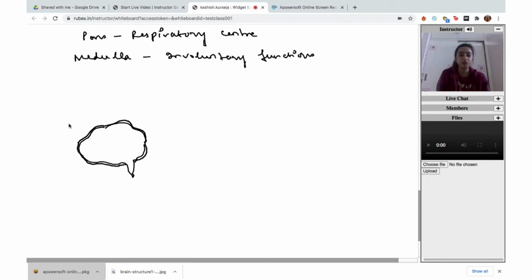And just for your reference, I'm going to draw it in the form of a box, this layer. Although it doesn't look like a box, because clearly ऐसा तो नहीं है कि we have a box over our head. But I'm drawing this only for the purpose of understanding. Okay, so this is kind of like a double layered protection. Let's talk about the inner layer first. So brain is surrounded by three protective layers.